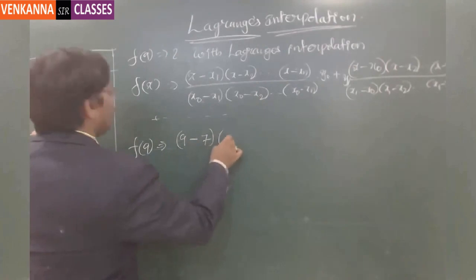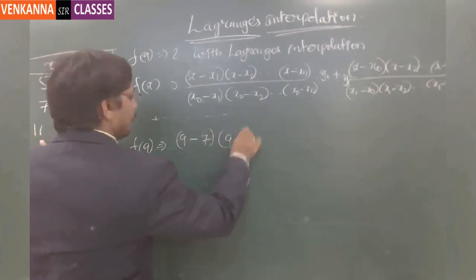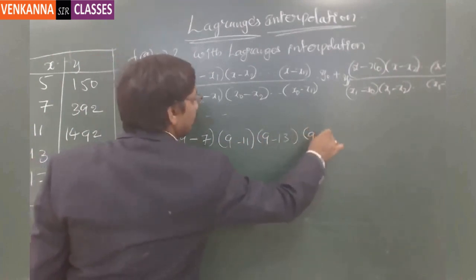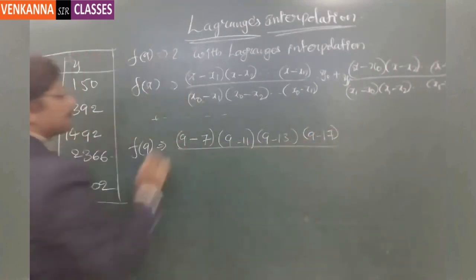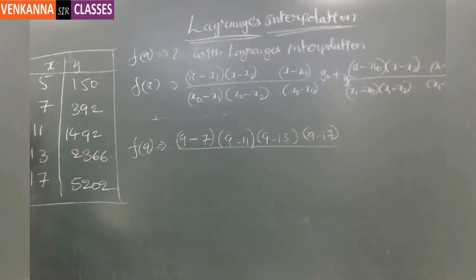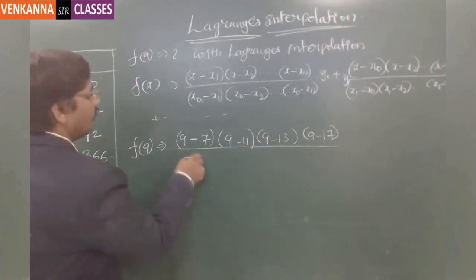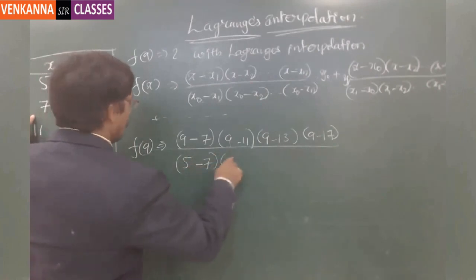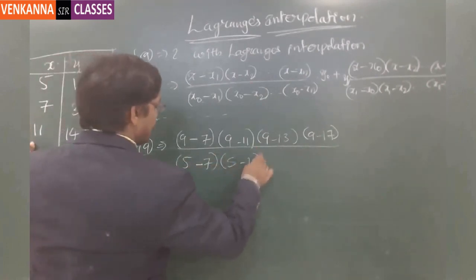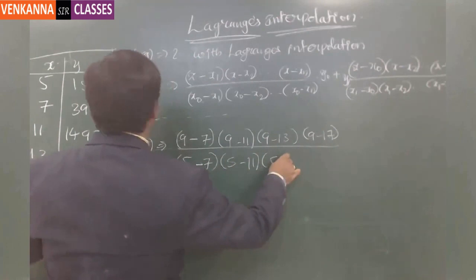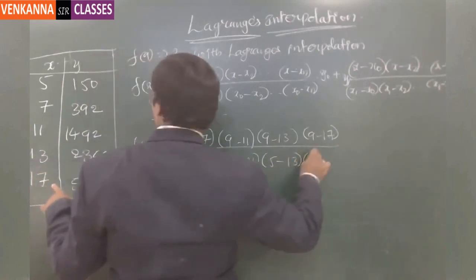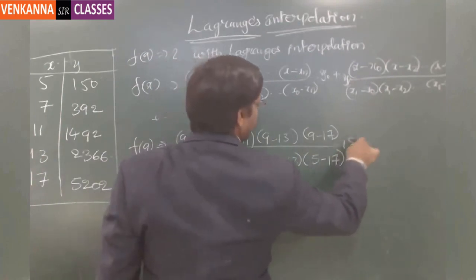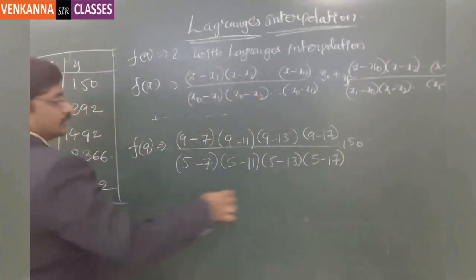9 minus 7 into 9 minus 11 into 9 minus 13 into 9 minus 17, divided by, x0 is 5, so x0 minus x1: 5 minus 7, 5 minus 11, 5 minus 13, 5 minus 17, multiplied by y0, 150, plus